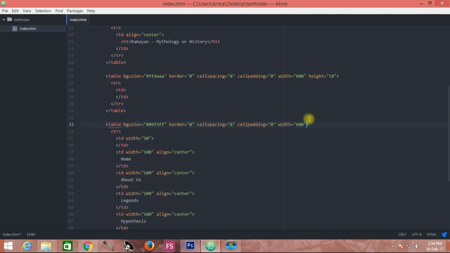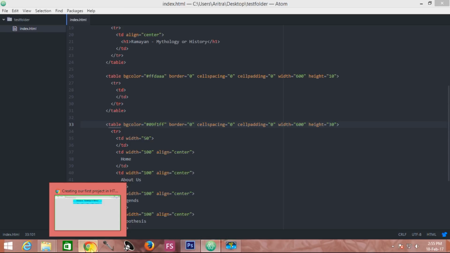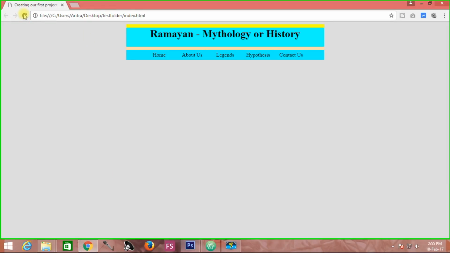So all you need to do is to provide a certain height over here, like I am providing over here as 30 pixels. Now if you load and you see that the height of this table is now increased. It is now executing a total height of 30 pixels, and all these contents are now getting a little bit more spacious, and they are leaving a much bigger gap from the top or from the bottom.